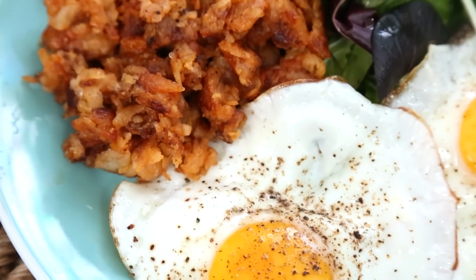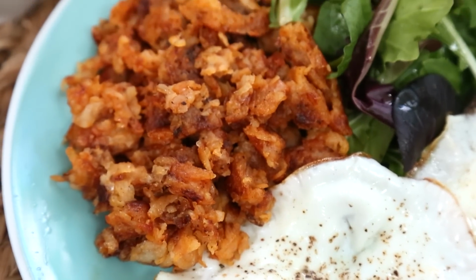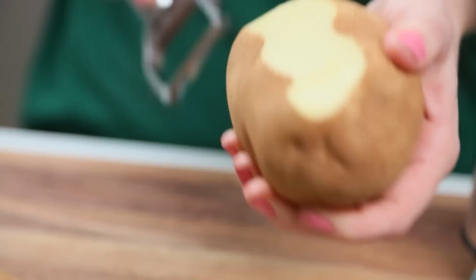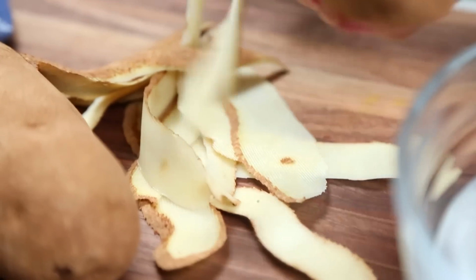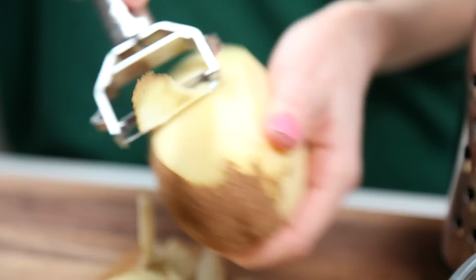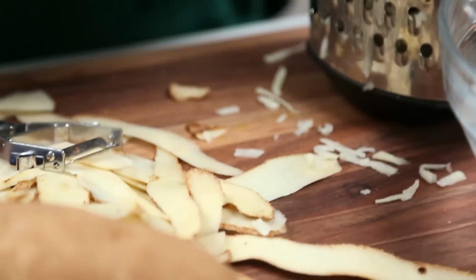Now, hash browns can be a little tricky to prepare, but they're actually simpler than you think as long as you follow a couple simple steps. So for this, I am using russet potatoes. I really think russet potatoes make the best hash browns, personally. All I'm going to do is start by peeling my potatoes and then grating them using the large holes in